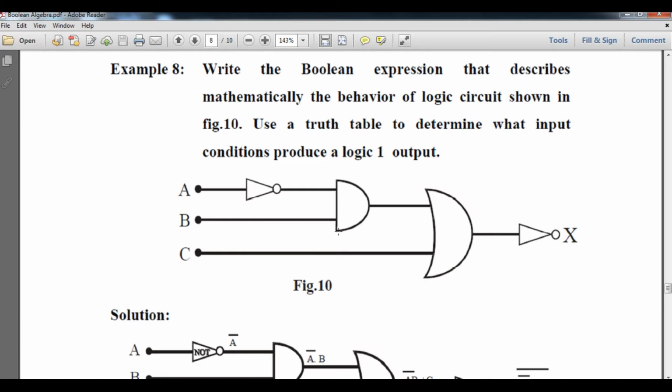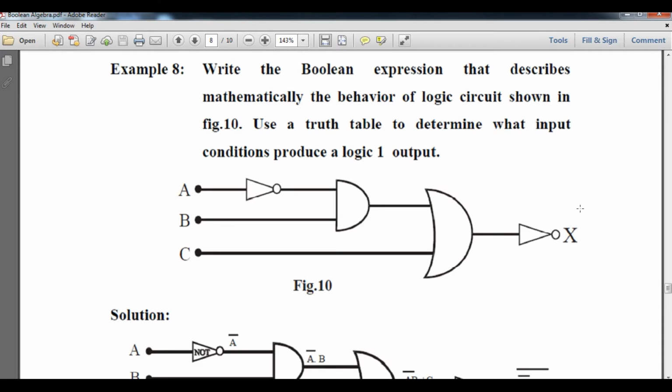So here you can see, students, a diagram has been shown as a question diagram whose inputs are A, B and C. There are 3 signals. First, input A is taken by a NOT gate, then whatever output comes, it is attached along with the B signal to an AND gate, and the final output of this A NOT and B is attached to the OR gate, and at last a NOT, that is, the output is X.